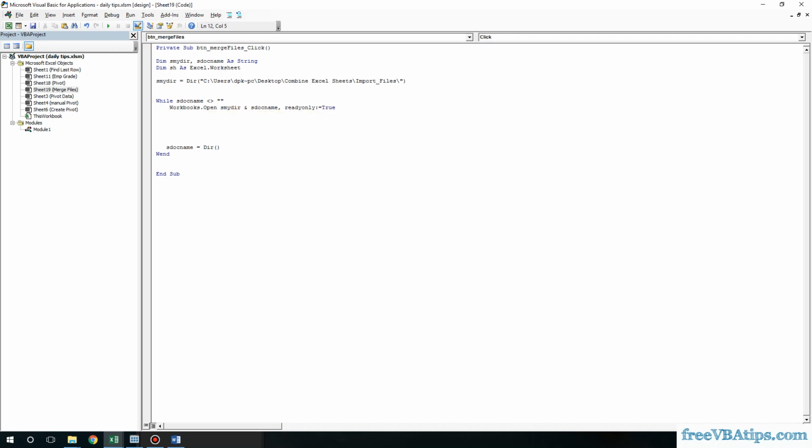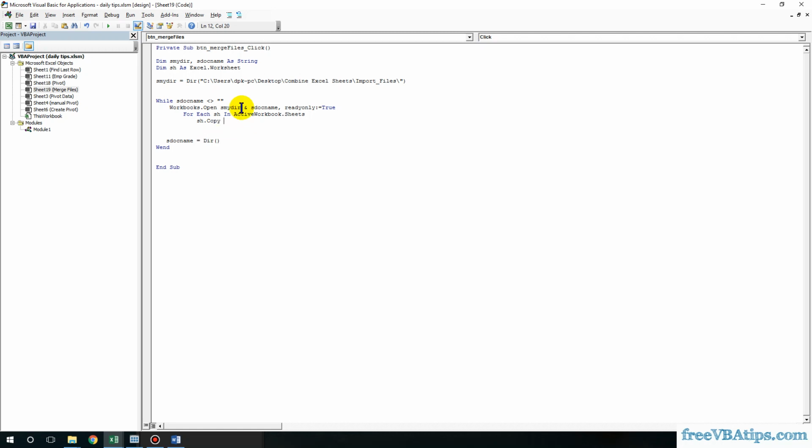Don't mistakenly make any change. Then I should loop through each sheet. Then I'll type For Each sh in ActiveWorkbook.Sheets, and then sh, the sheet which is actually opening, dot Copy,